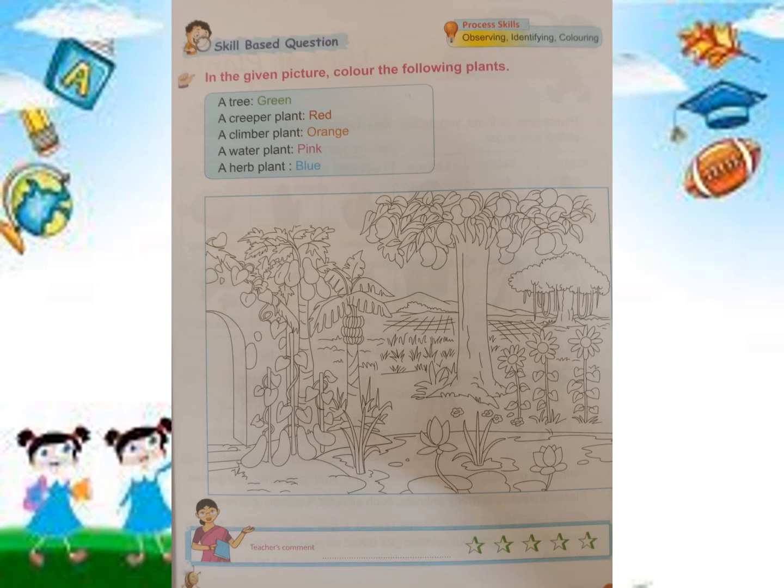Then a water plant you want to color pink. Then a herb plant you want to color blue. Okay, search the picture and color it nicely. They have given us instruction, you want to color that same. Are you understanding, children? Okay, color this picture and enjoy yourself.